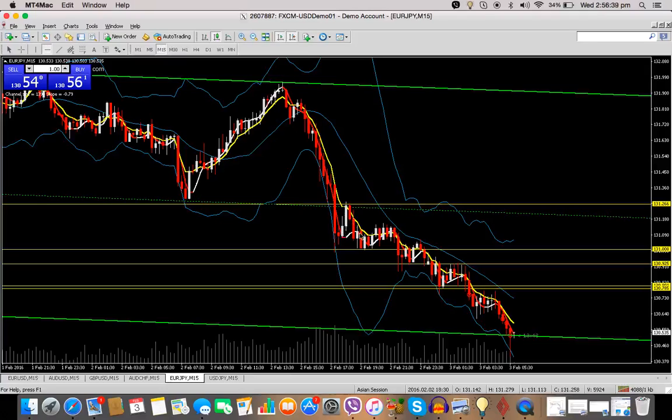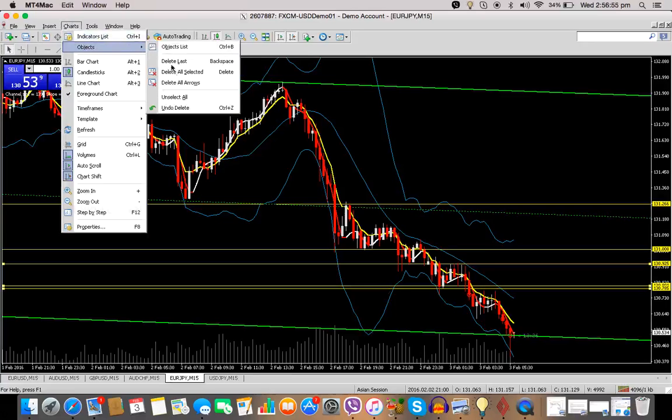This happens in the first 1.5 hours or so. Okay, I'm going to get rid of these lines here so you guys have a better idea of what you're looking at. Now with these lines, once you've drawn them in, you can leave them there for as long as you like, because